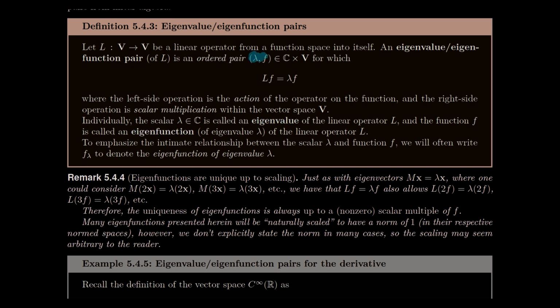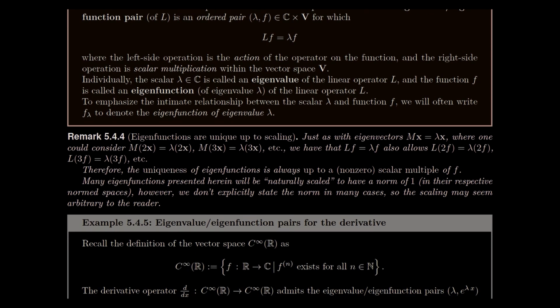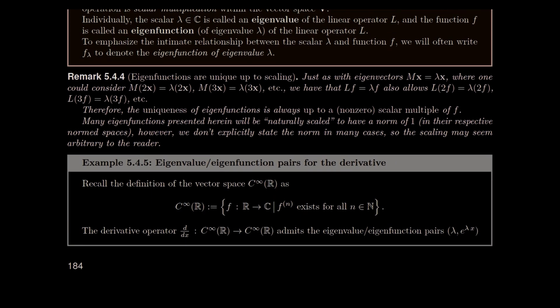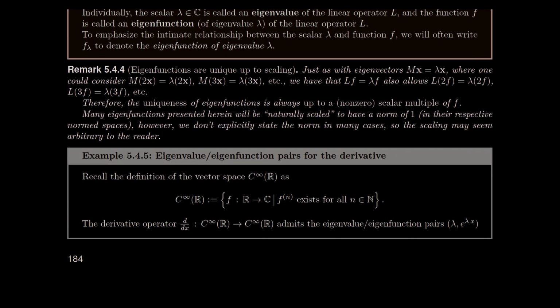pairing them together. They really don't make any sense unless they're paired together into this ordered pair, which is why I will always refer to them as eigenvalue eigenfunction pairs. Sometimes you'll also see me use a subscript lambda to denote the eigenfunction of eigenvalue lambda. So that's another way of pairing them with a subscript. So I do have this remark here, which is pretty important to note, that eigenfunctions are only unique up to